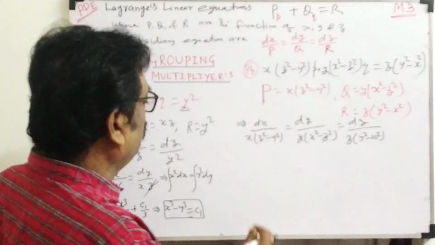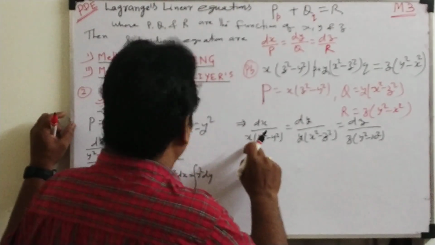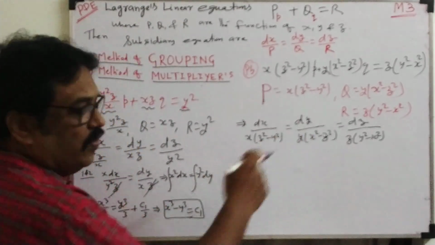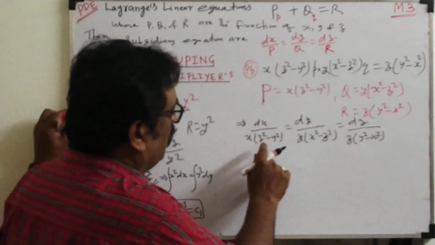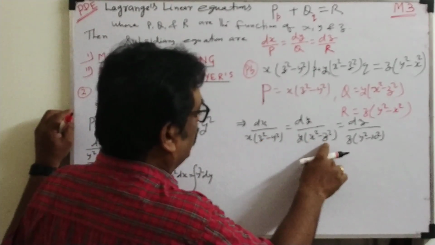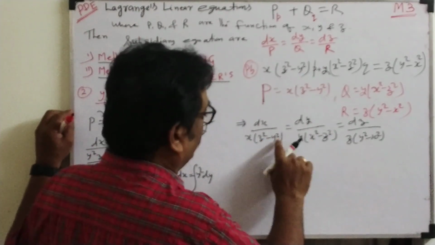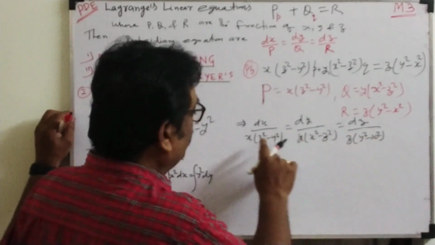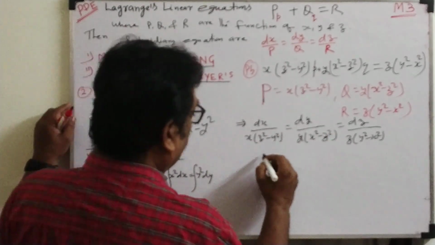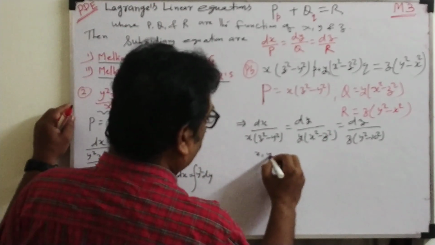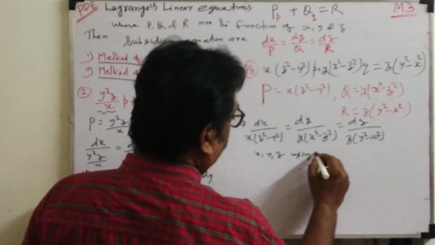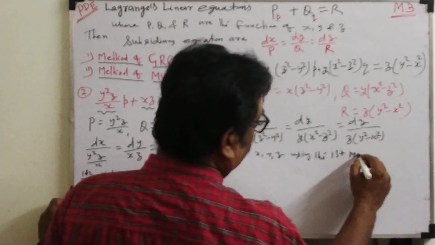Method of multipliers, what I told, if we select any multipliers like this, such that the denominator should be 0. So now look here, what is there? z² y², x² z². So z will get cancelled, y will get cancelled, x will get cancelled. That means if we multiply using the multiplier x, y, z, using the first multipliers,